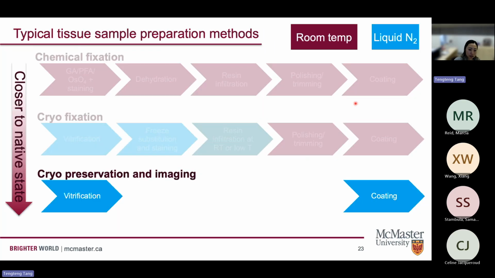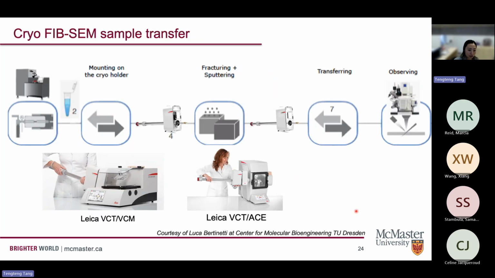And of course, the other way after cryo preparation of the sample is to directly take those samples after vitrification to cryo imaging. So in this case, we basically have to find a proper way and workflow to directly transport those vitrified samples from either the plunge freezing or the high pressure freezing machine to the cryo imaging, so cryo TEM or cryo FIB-SEM. So the way to do the proper transportation is